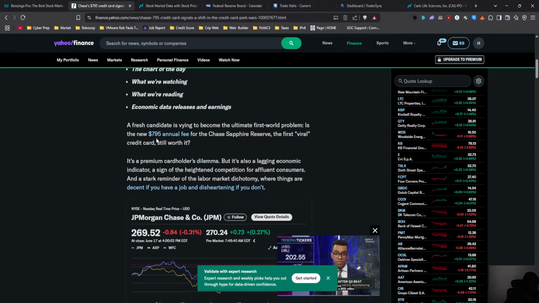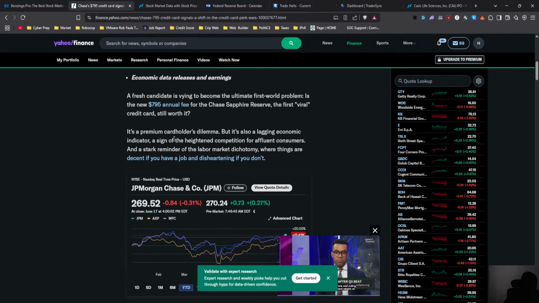What? Oh, that's crazy. What kind of rewards are they giving for $795? It's a premium card holder's dilemma, but it's also a lagging economic indicator, a sign of the heightened competition for affluent customers or consumers